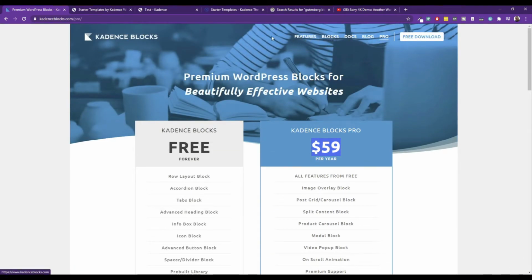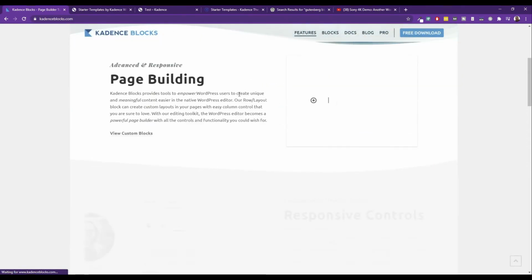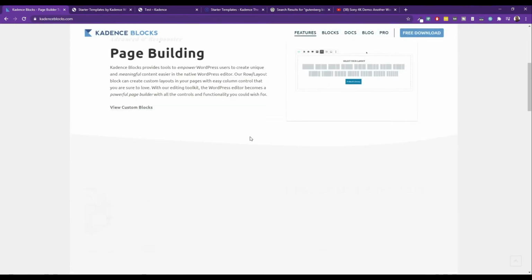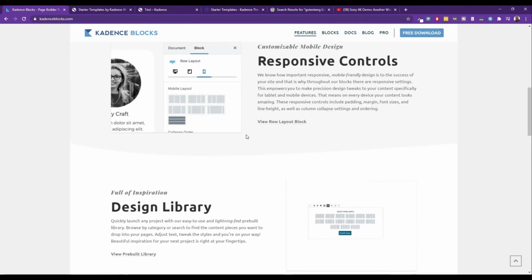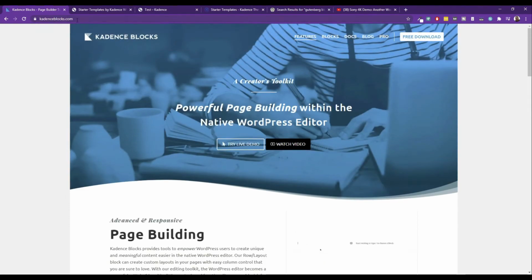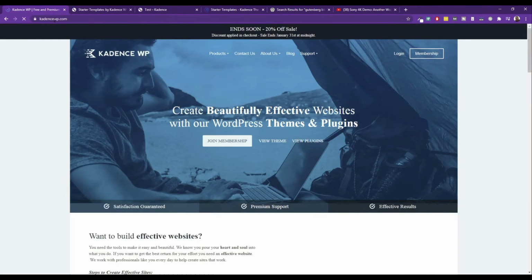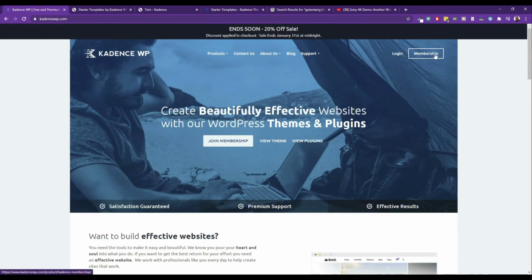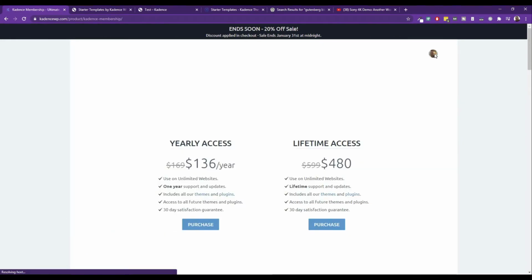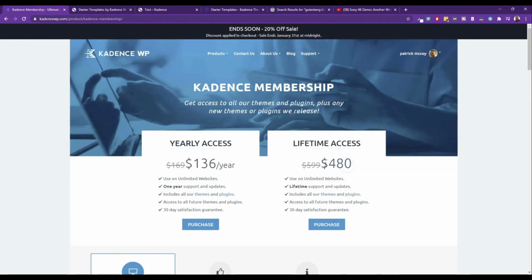Granted, it doesn't give you everything with the Pro theme, but even with the Pro theme, you get a lot more with it. So to me, the blocks by themselves are totally worth it. If you get the Pro theme, which gets you basically everything, which I think is part of Kadence, you're looking at, I think, $4.99 or something along that. They've got a discount going on right now, but I think with the membership price, yeah, $4.80. So you save a couple bucks. It's normally about $600. I think when you're thinking about all that together, and the price you would pay for, say, something along the lines of